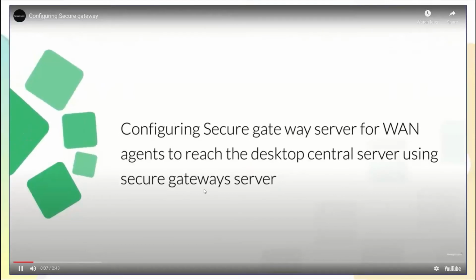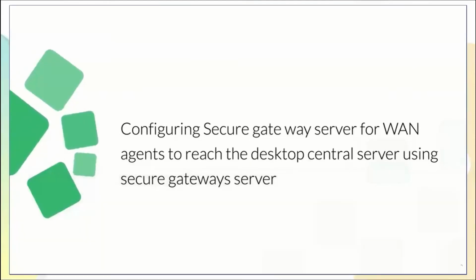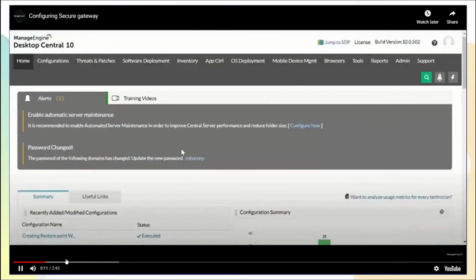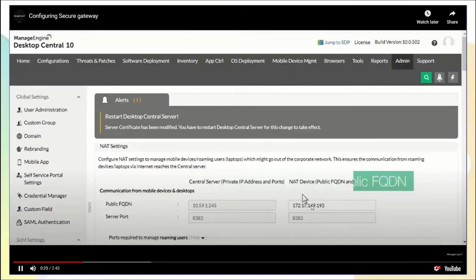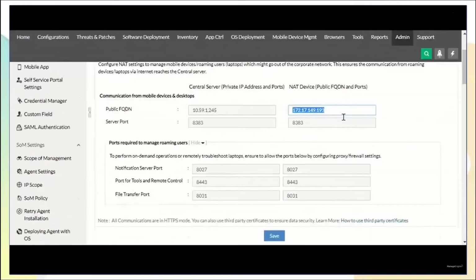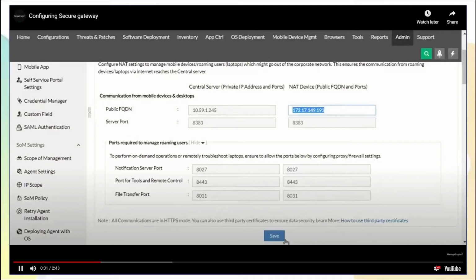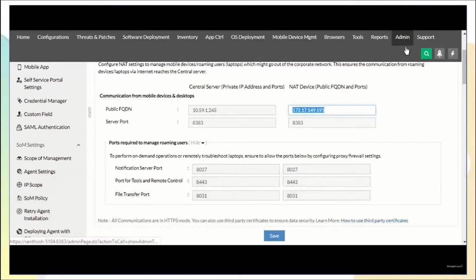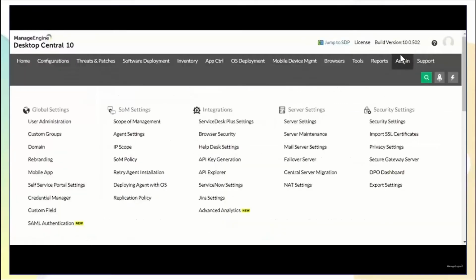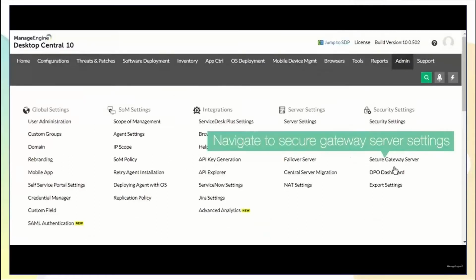First, we will define the public IP or public FQDN in the Desktop Central console. Then, on a new machine in my DMZ zone, I will be installing the secure gateway server.